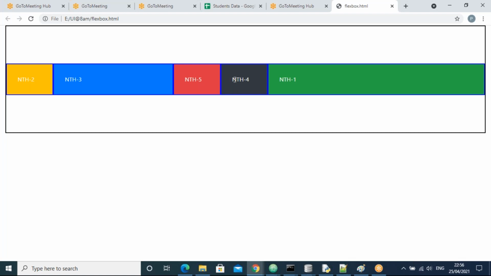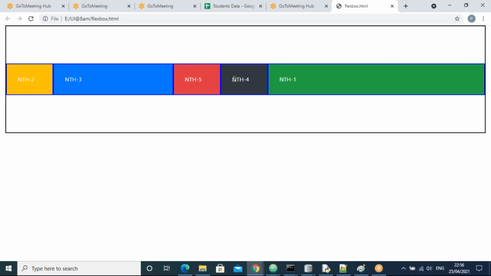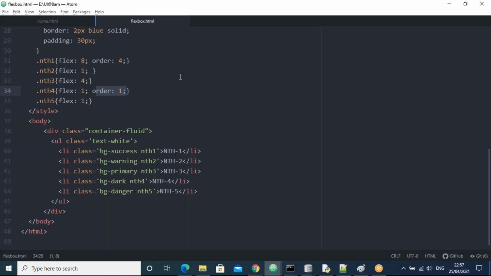So all of you observe. So what is happening here? For box 4, guys, I'm taking the order 1, right? But you can see, guys, here. I think it works properly when you take the order of each one, guys. I'll take a different order for each one, guys.